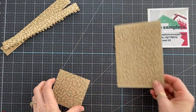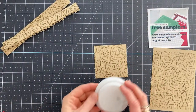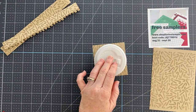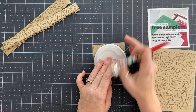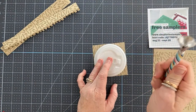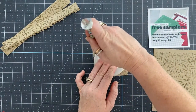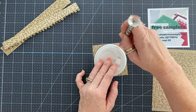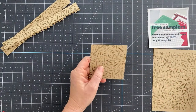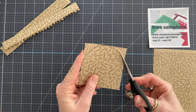Then we've got our 2 pieces here, which I took the lid to the cup. So simple, right? So stinking simple. I took the lid. You want to move it as close to the top of the paper as you can, so it's nice and big. And then just trace right around the edge like that. So easy. And then you're going to take your paper snips and just